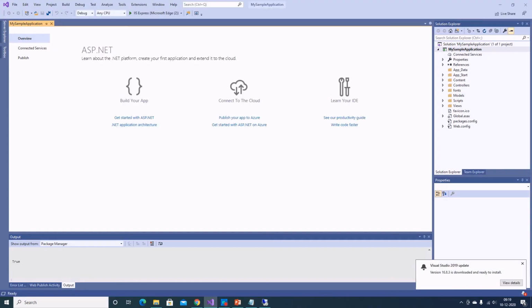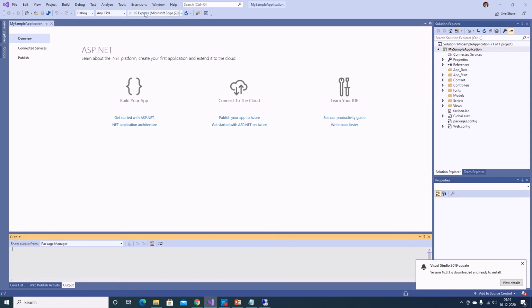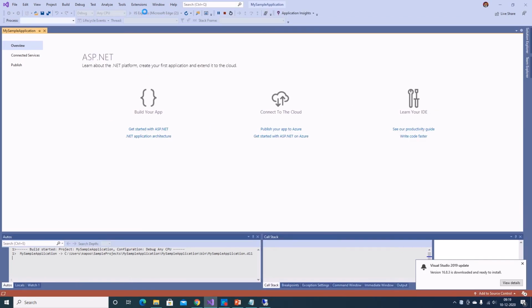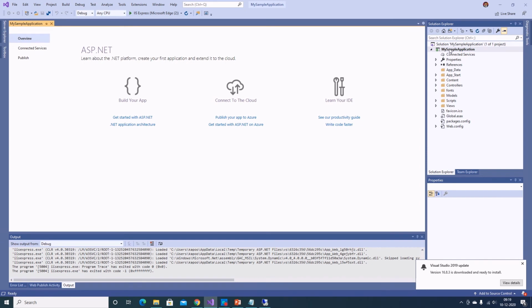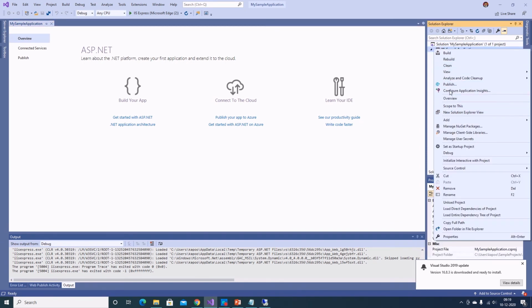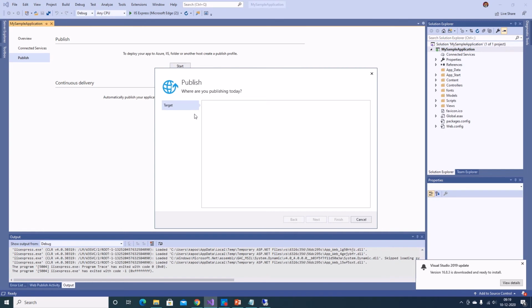So the project is now created. We're not going to make any changes to it. By default, it will just launch a default MVC page. Let's quickly have a look. This is the default page which we are going to deploy to our instance. What we can do is right click on it and select publish. And yeah, before that I'll just